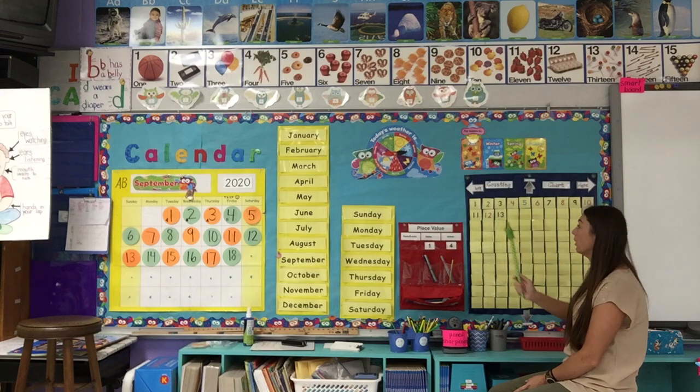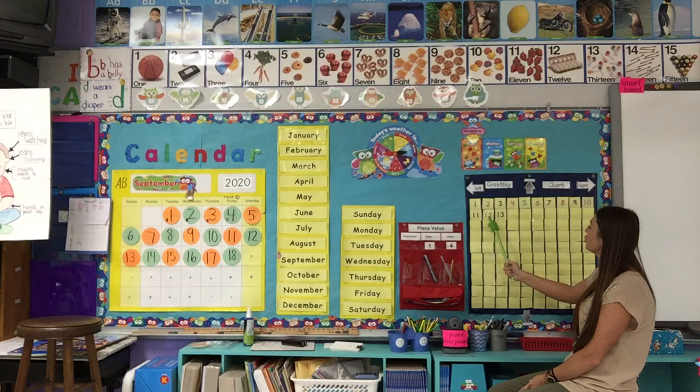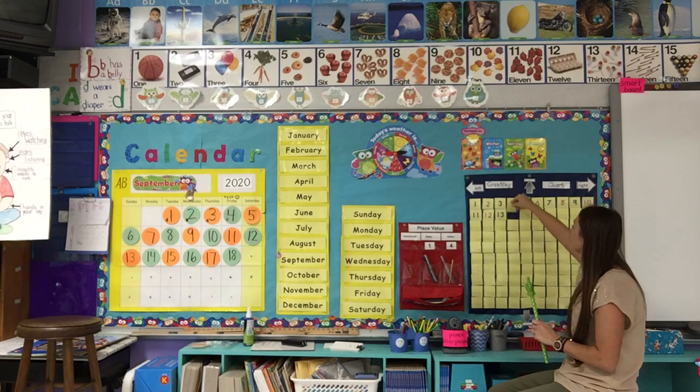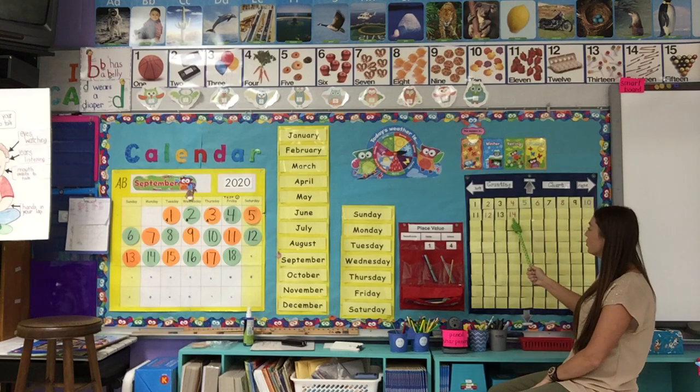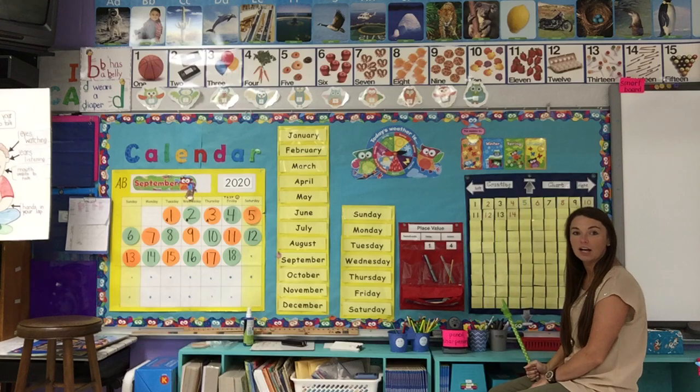So here we go. You count with me. Ready? 1, 2, 3, 4, 5, 6, 7, 8, 9, 10, 11, 12, 13. After 13 comes the number 14. So here's the number 14. It has a 1 in the tens place, a 4 in the ones place. This tells us how many days we've been in school, 14 days. It matches the number in our counting chart.